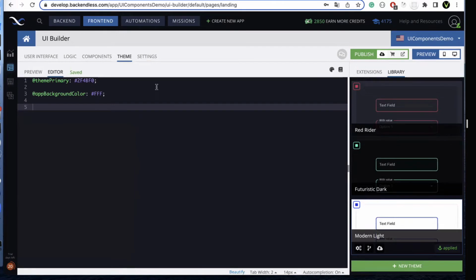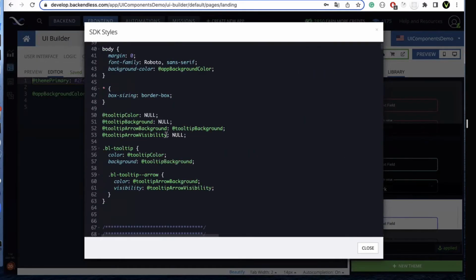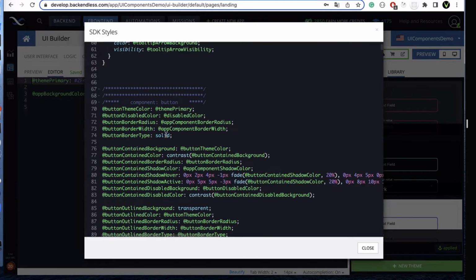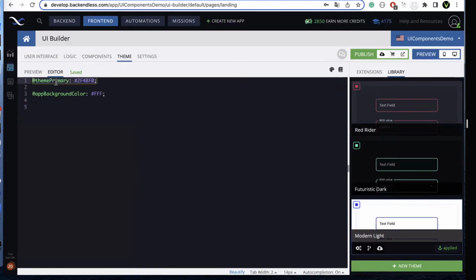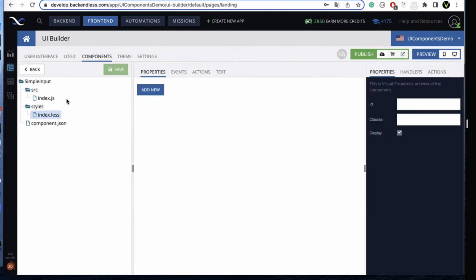But our custom components need to be decorated manually. Each UI theme has a theme primary color. You can find a lot more variables which you can use in your custom component, but let's just use only this one. So we just copy this color, go back to our component,